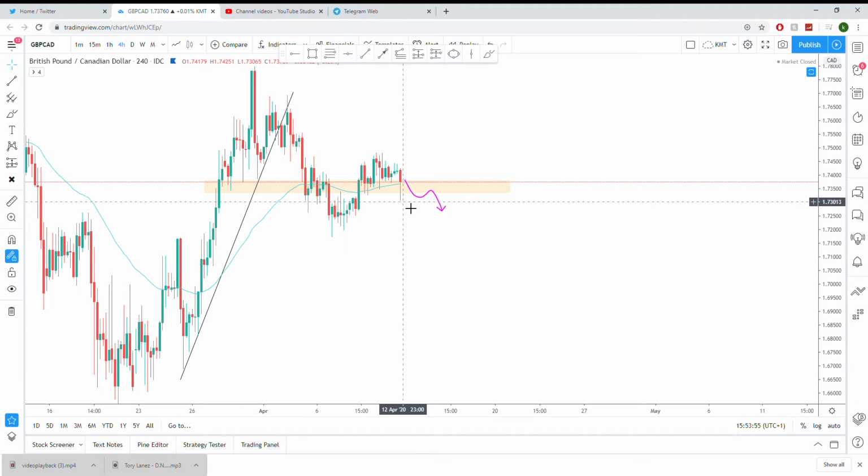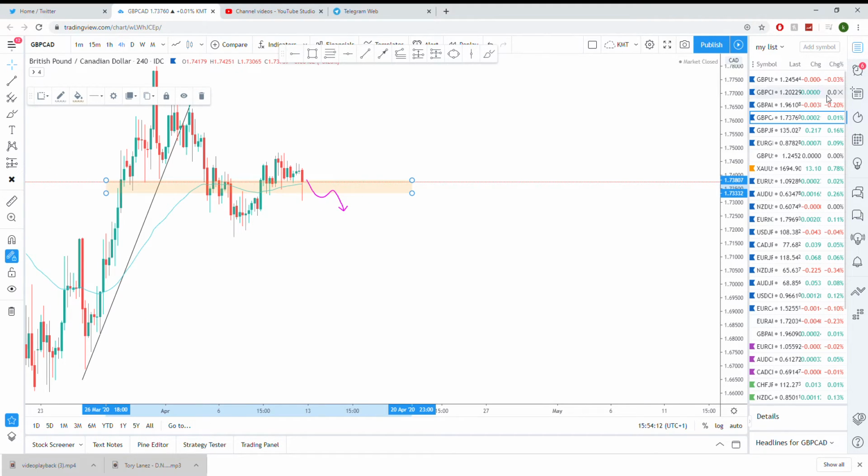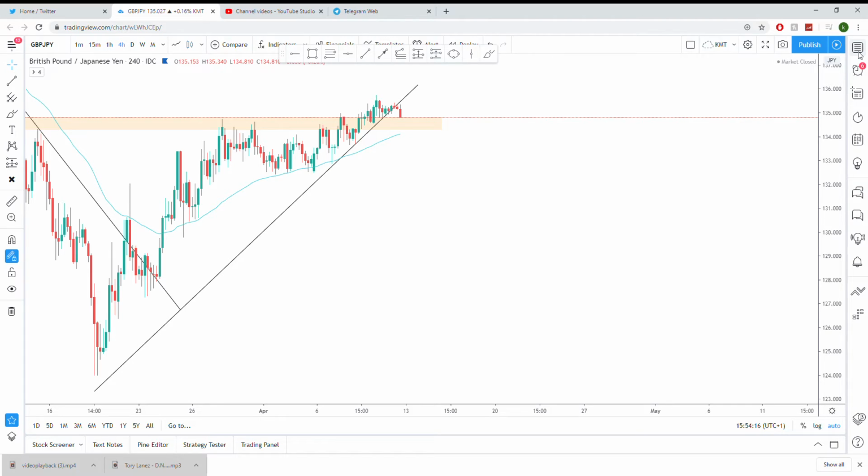Again, more or less just waiting. This is more or less complete. We just have to find the 4-hour closure before we find that pullback. Then once we find that, we start to see some momentum and some possible entries in this region here. So this is partially complete. If we do find out that we are looking at some possible trading opportunities, we will